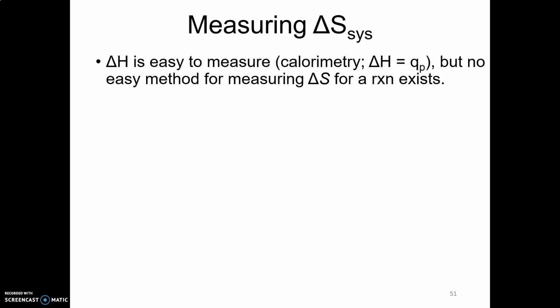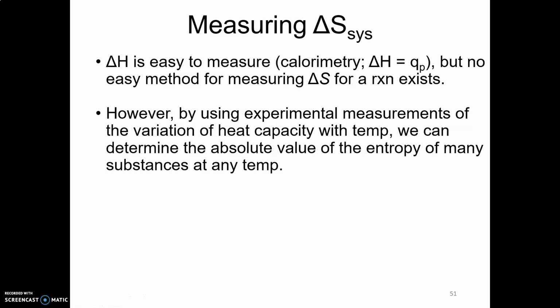All right, so delta H was super easy to measure, right? We just measured delta H because, at constant pressure, delta H equals Q. So it's pretty straightforward. You do your very simple, very cheap coffee cup calorimetry, and you knew delta H. Well, there's not really an easy way to measure delta S. It's a lot more complicated. There are experimental measurements that you can do, but to determine the absolute value of entropy,